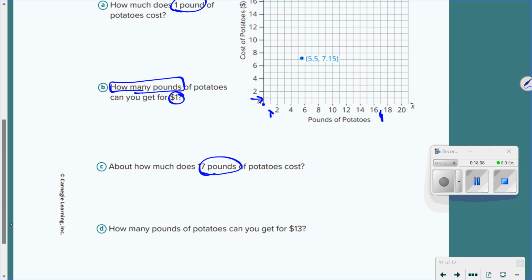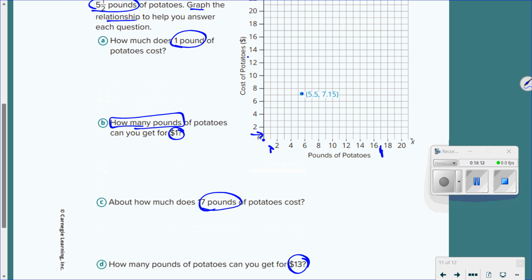How many pounds of potatoes do you get for $13? So I come up on this axis. Here's your 13. Guys, use your lines to answer all these questions. Make it easy for you. They told you could use the graph. When I go to the back page,